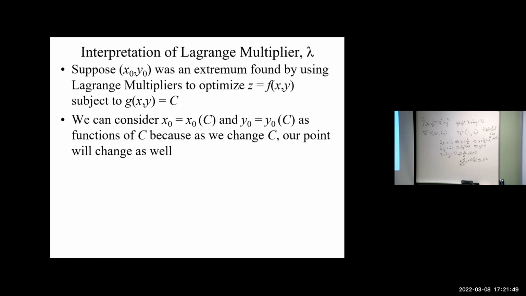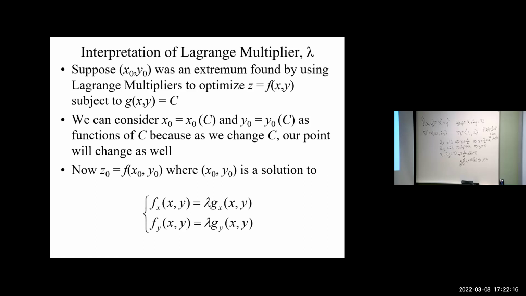If we increase our budget, we're going to be able to hire more workers and have them work more hours. If we decrease our costs, it's going to have an effect on our optimal price, our optimal profit. Basically, we're thinking of x0 and y0 as functions of our constraint. That's why we'll need the chain rule, because we're thinking of them as composite functions as opposed to static